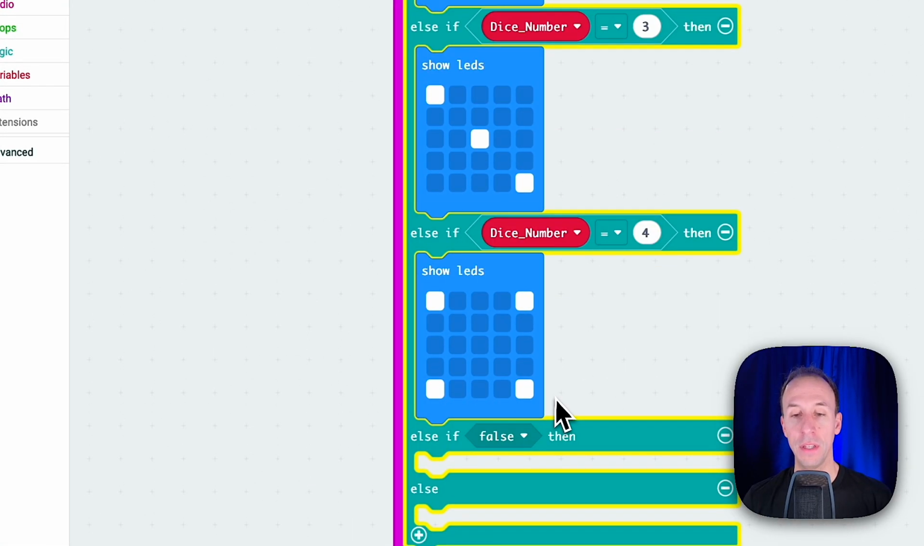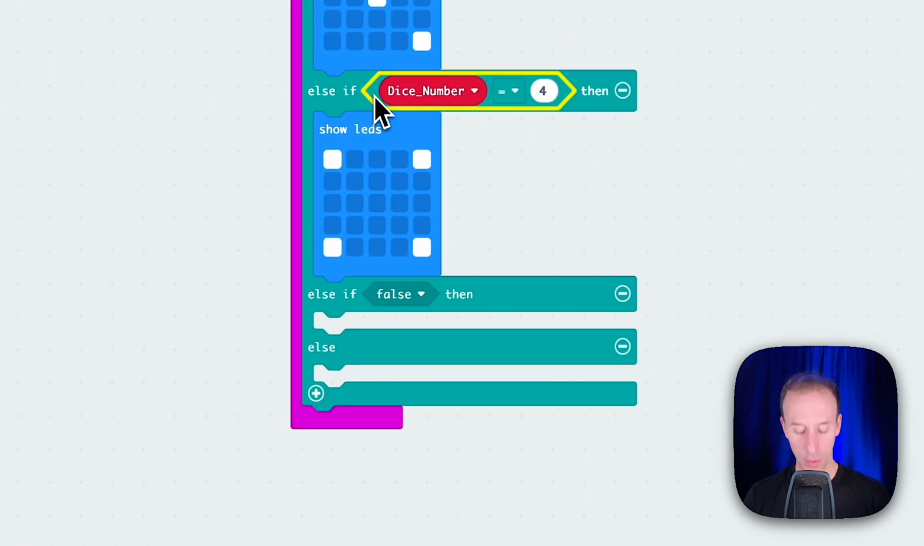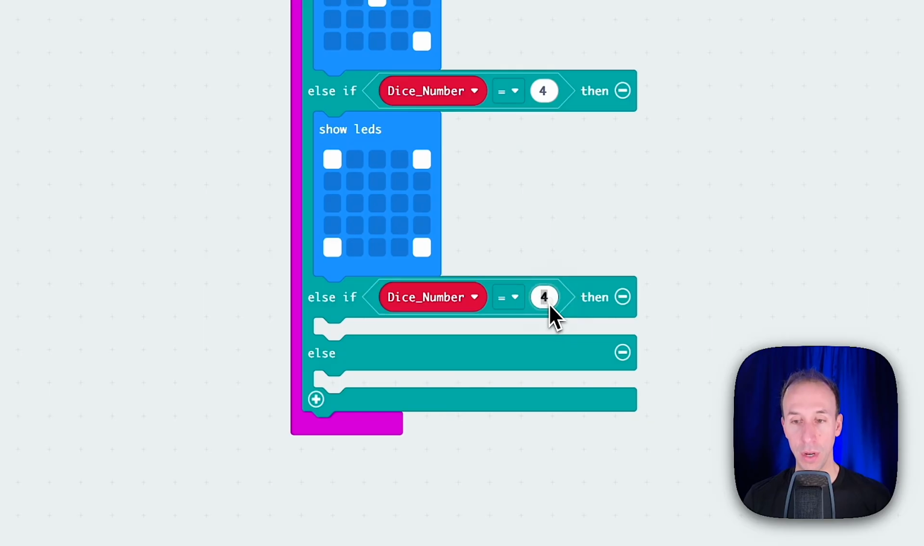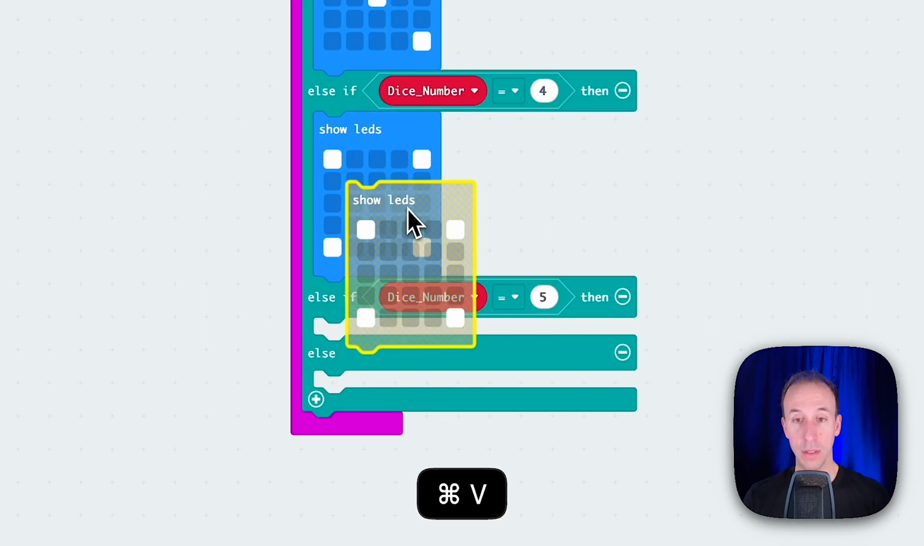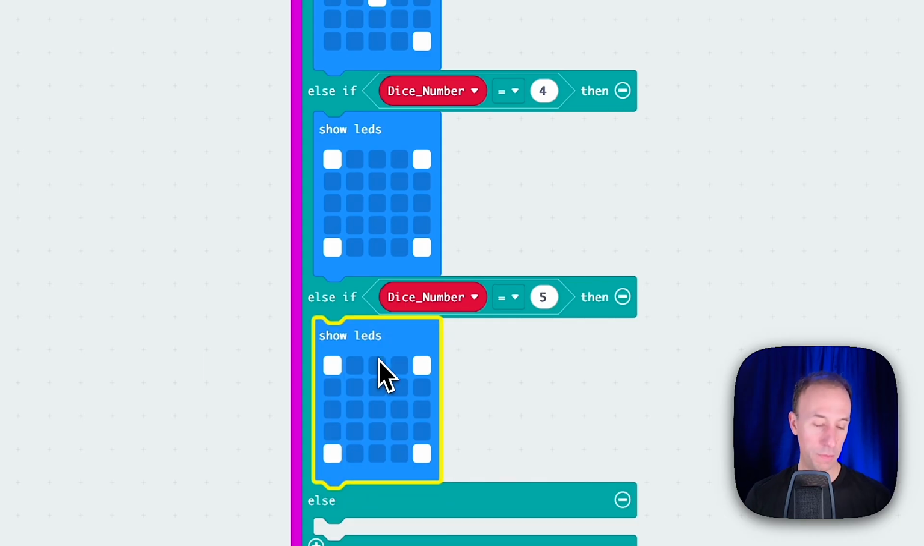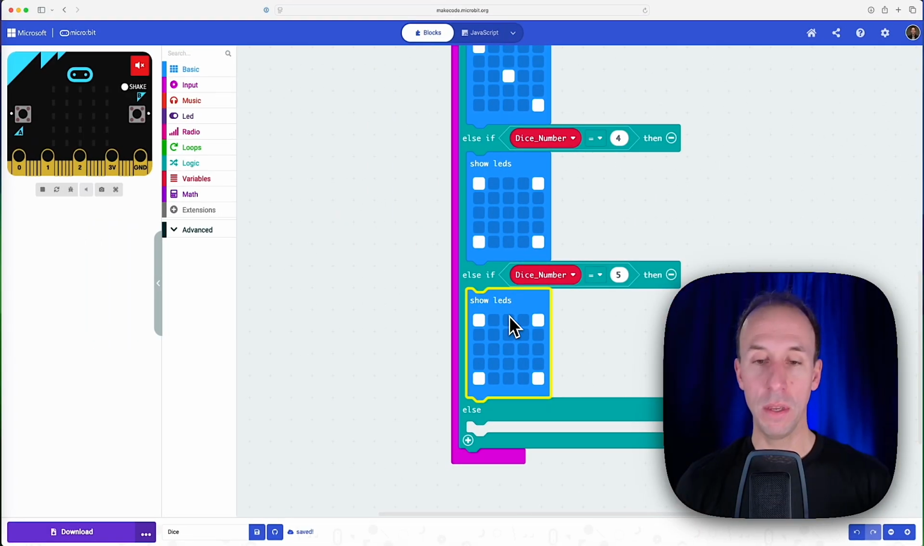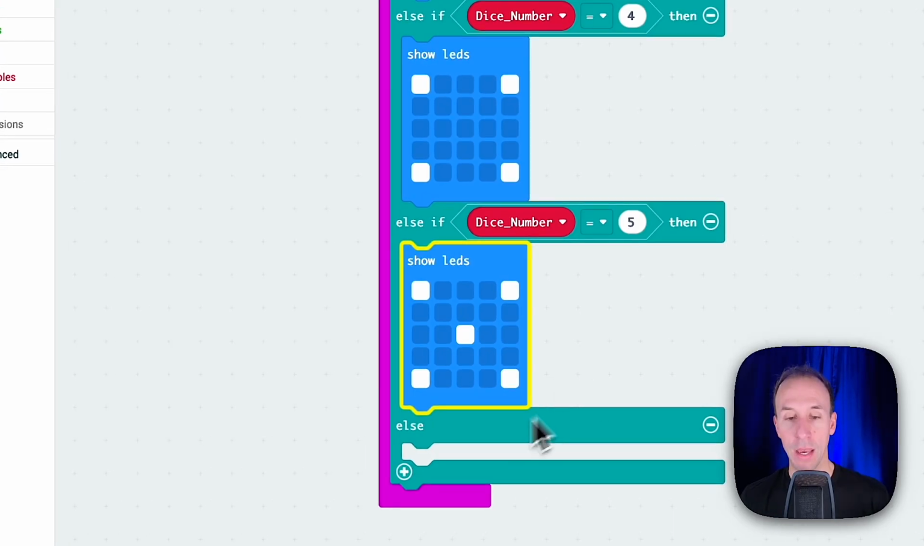We'll add another if-then statement. Copy this, paste that. It's just an easier way to do it. We'll go 5, and then we'll copy and paste this. And 5 has 4 in the corners, 1 in the middle. So we'll do that. And we'll add another